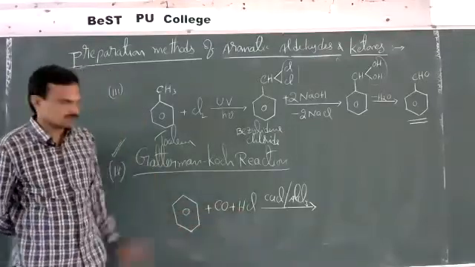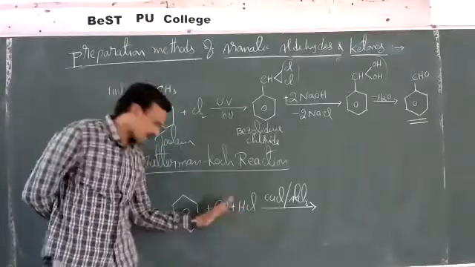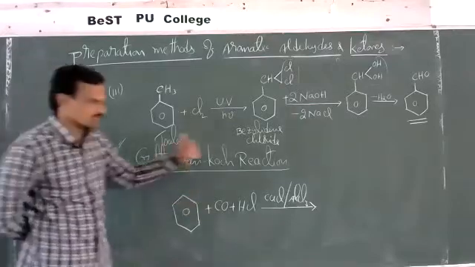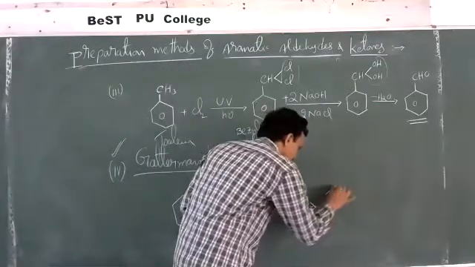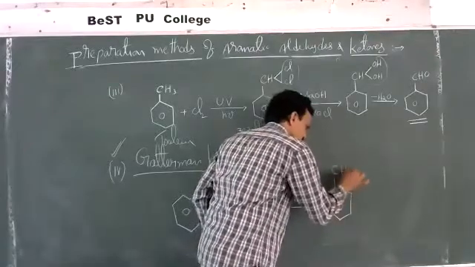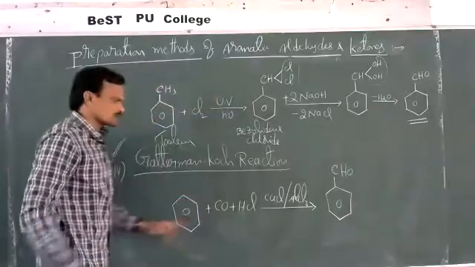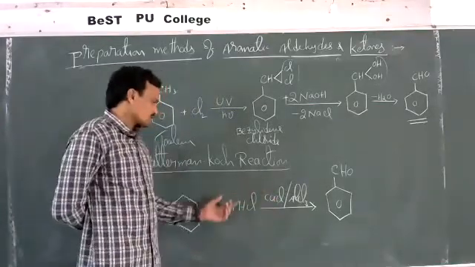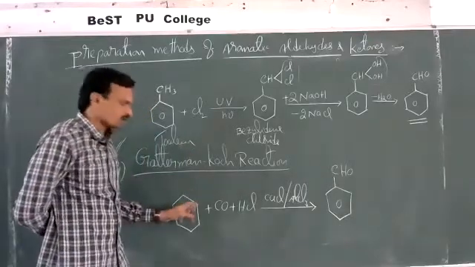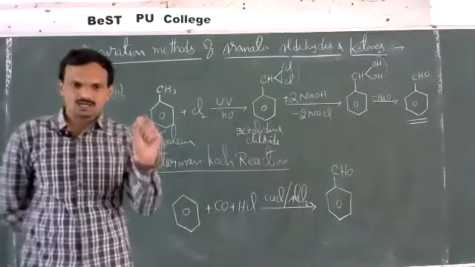What will happen here is, first this carbon monoxide combines with HCl and forms a complex, and that will attack the benzene ring and electrophilic substitution takes place. Through a sequence of steps, we finally get benzaldehyde as the product. The mechanism for this reaction is not included in our syllabus. In the presence of this catalyst, first a complex forms and that complex attacks the benzene ring, and then by a sequence of steps we get benzaldehyde. Just simply we will write it in a single step.